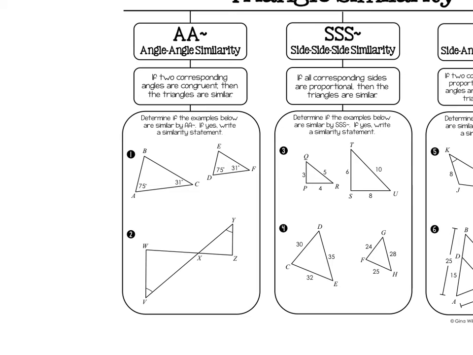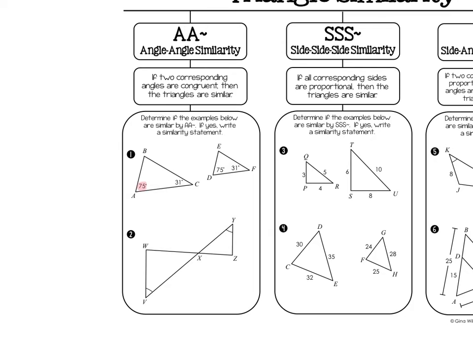The first postulate we're going to look at is the angle-angle similarity postulate. And what that postulate says is that if 2 corresponding angles are congruent, then the triangles are similar. So let's look at 2 examples. Example 1, determine if the examples below are similar by angle-angle similarity. If yes, write a similarity statement. So this is much like what we did with congruent triangles, except instead of writing congruent, we're going to write similar. So if we notice in this example, we have 2